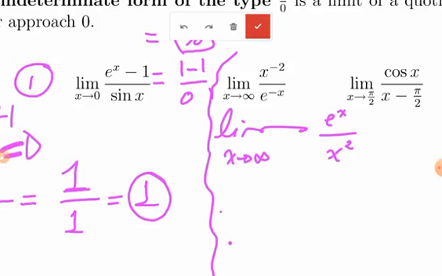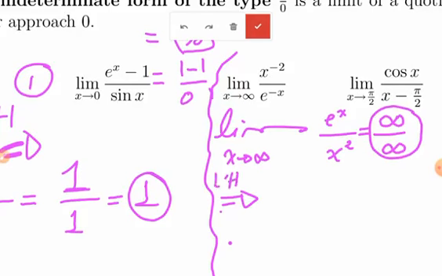And then apply the L'Hopital directly, since e to the power of infinity is infinity over x squared. Infinity squared will be infinity. Infinity over infinity is indeterminate form. So quickly differentiate and apply the L'Hopital's rule to find the limit value, the derivative of e to the power of x again, which is e to the power of x, and this all over